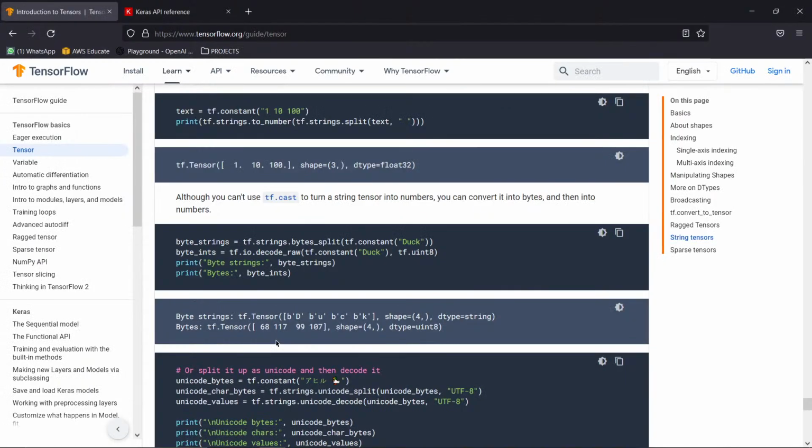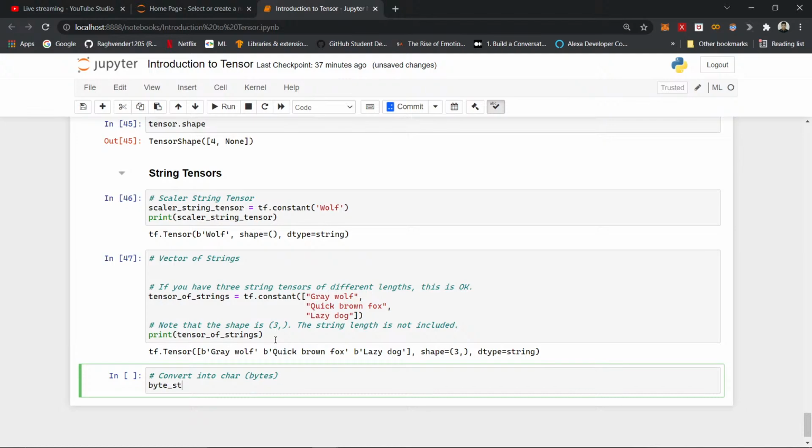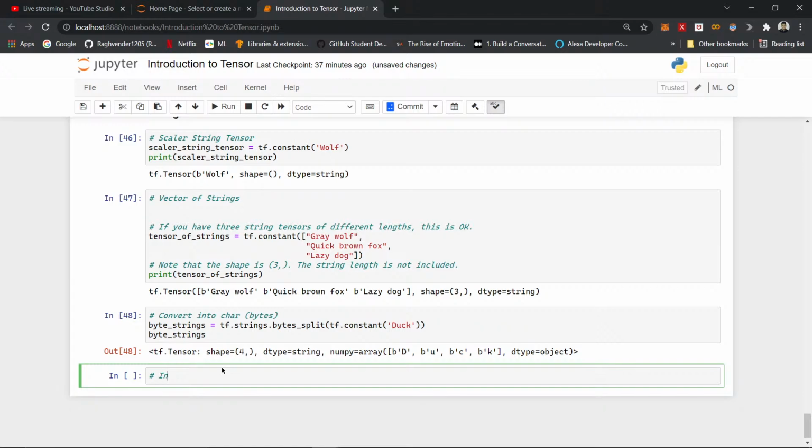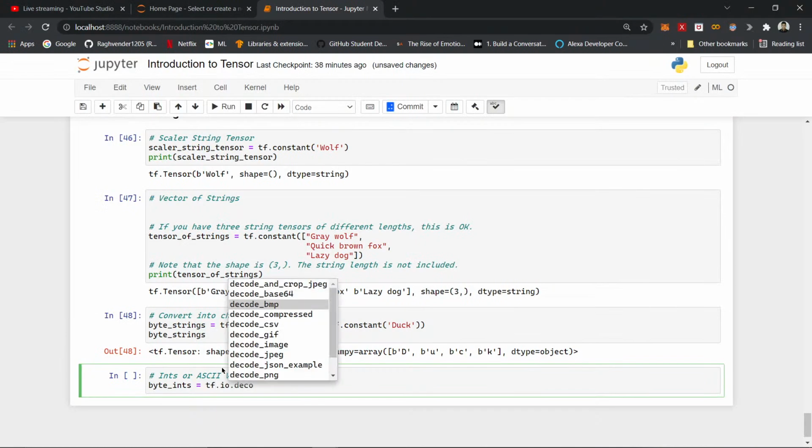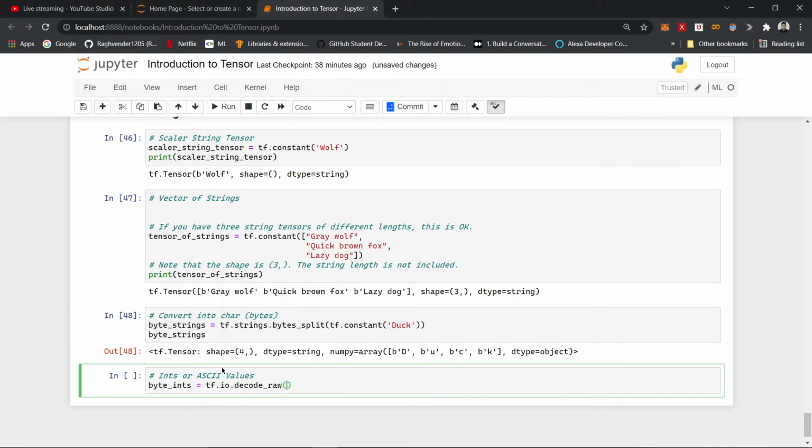Bytes, byte strings, we have strings, byte split. Now let's just see ints or ASCII values. The ASCII values like 5 ints. We have got decode. You can decode from